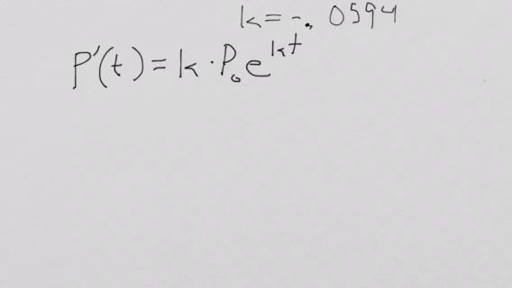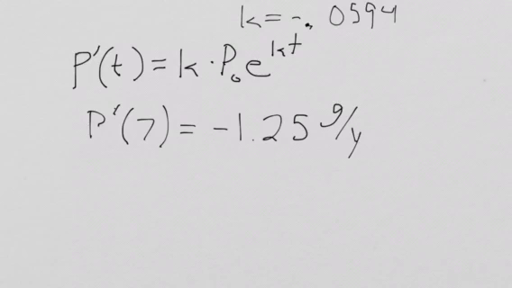And then once you've done that, you get to plug in all your numbers again. So you still have the same P naught, that's just 30. You have k from up here, which is what we found earlier. And then you have t, which is now 7, because you're trying to find the derivative after 7. So if you plug in all those numbers, what you'll end up with is P prime of 7 is going to be negative 1.25